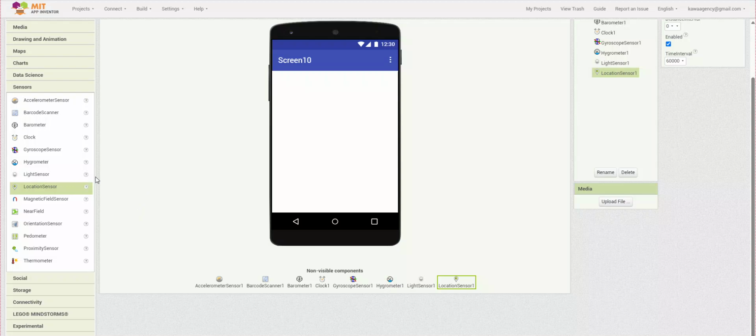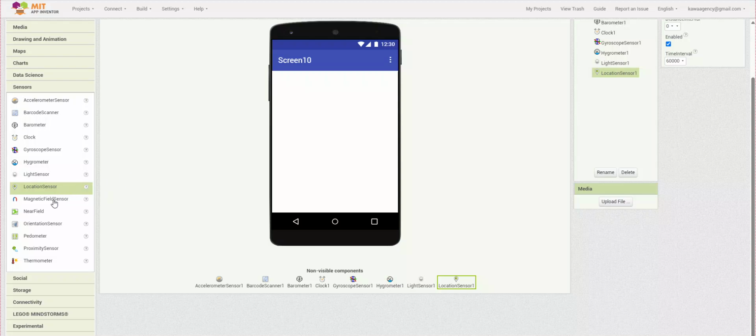It works on GPS and also with Wi-Fi and cellular networks to determine the location of different places. This location sensor is also essential for mapping apps, apps that are going to be based on location services, or in case you want to tag locations, you can incorporate the location sensor component into